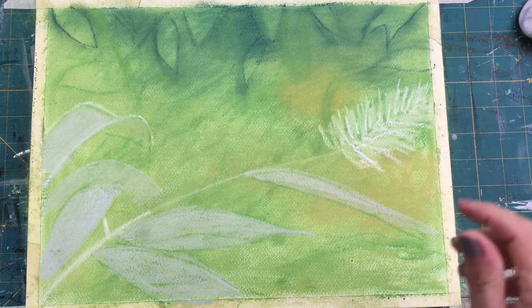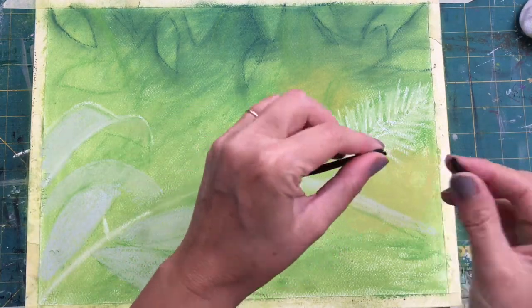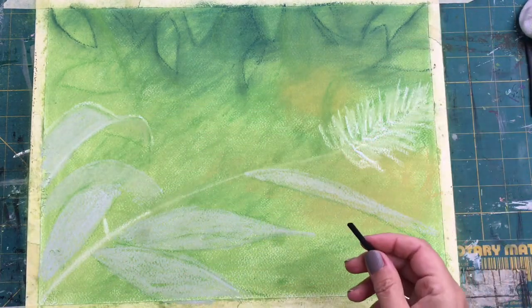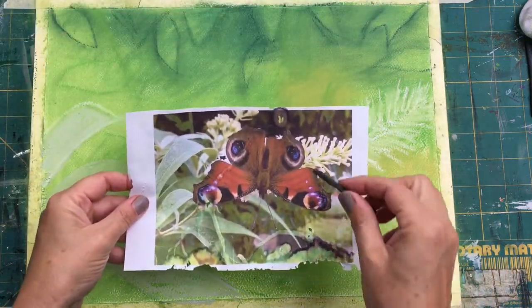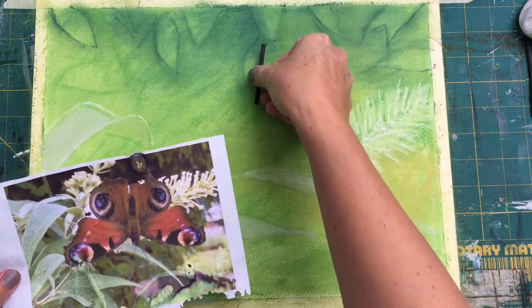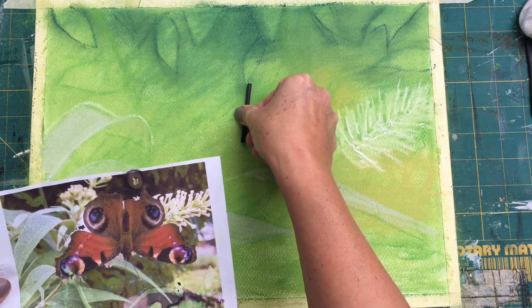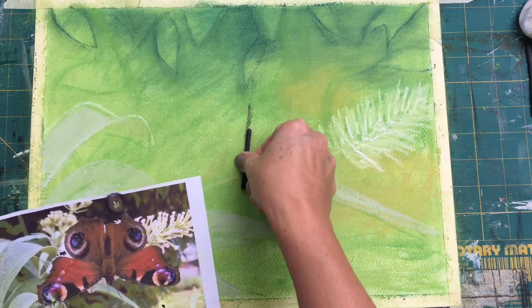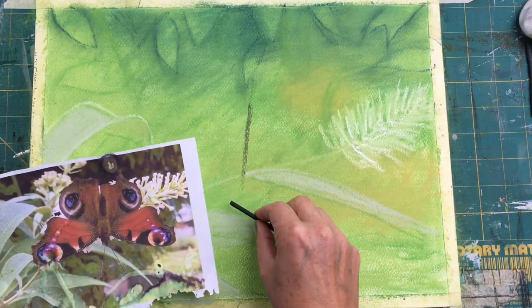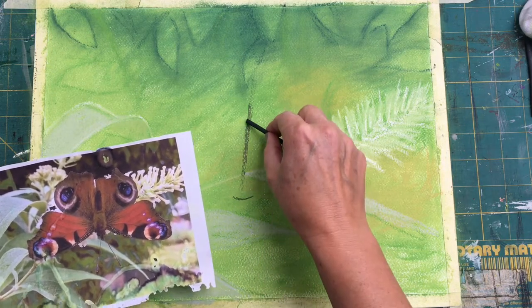Okay, so the next step is to take, if you've got a piece of charcoal like this, just break it so it's more manageable, and we're going to draw the butterfly. So he comes down at this angle, so what I tend to do is make a mark more or less where he is. That's the body there. The head stops here, and the body goes to about here,